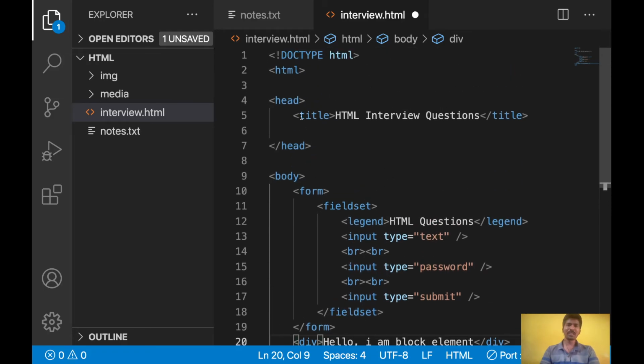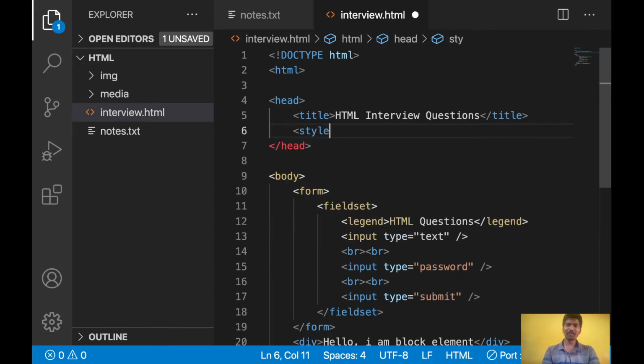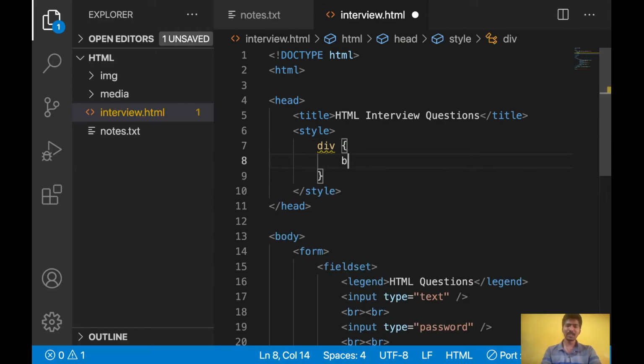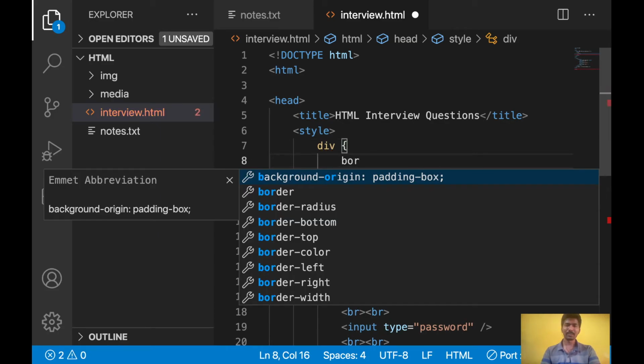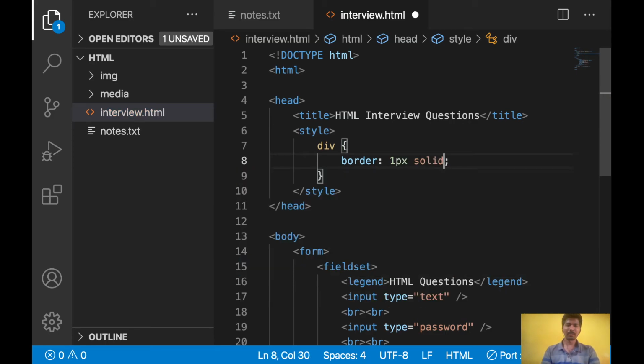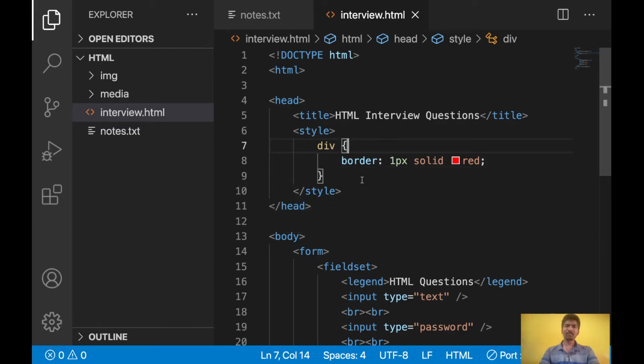CSS you can give inside here only. Let's write a style element. Using the style element we will write the CSS. Here for div, let's say I want to give a border, 1px solid, and here you can give the color also. So I have given a border to the div.